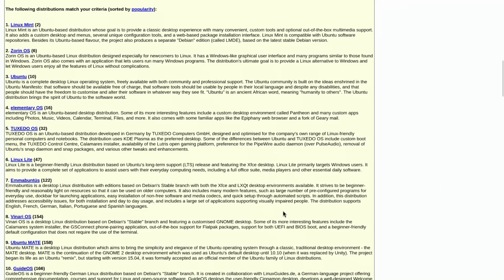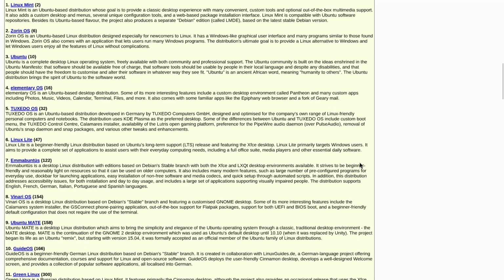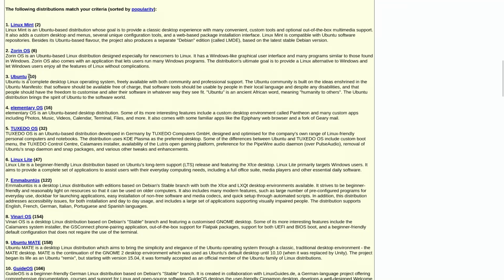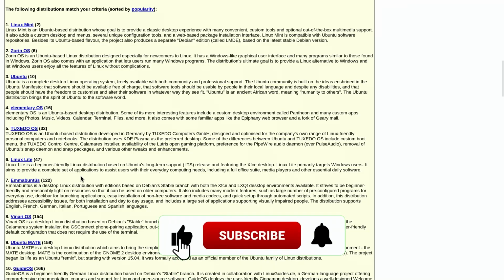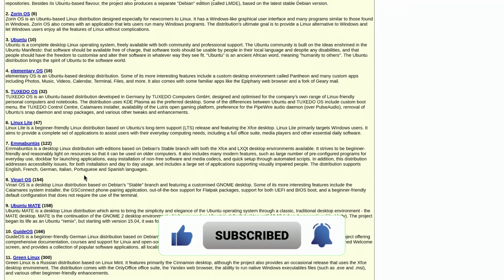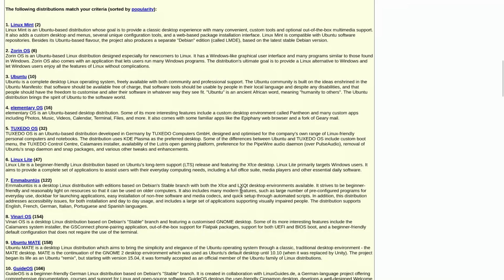And just like that, our hundreds of choice has been narrowed down to just 13 options. If you look at the first 10 listed distros, Linux Mint, Zorin OS, Ubuntu, Elementary OS, Tuxedo OS, Linux Lite. These are all highly recommended beginner-friendly distros. Plus, all of them are based on the Debian family, which means if you ever need help, there is a massive community ready to assist. And see that number in parentheses next to each name?